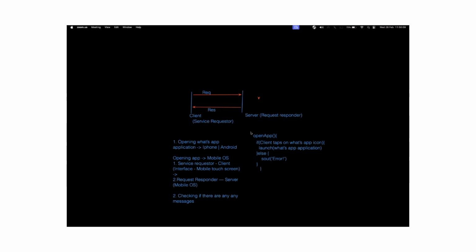So the moment we give a command to our mobile to open the WhatsApp application, the mobile OS will be calling this method for us. It will run this method for us, and basically, it will open the WhatsApp application for us. As simple as that. So in this case, if you see the client, that is basically the interface, and the server,